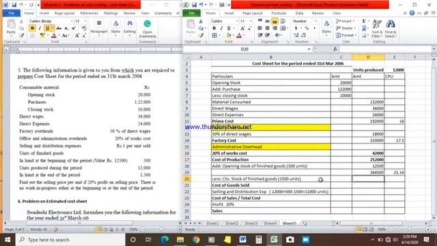Now the closing stock of finished goods we are having is 1,500 units. Now these 1,500 units need to be valued. So these 1,500 units are multiplied with 21.16. So we get 31,740. So from 2,64,500 minus 31,740, we get 2,32,760, and this 2,32,760 needs to be now divided by